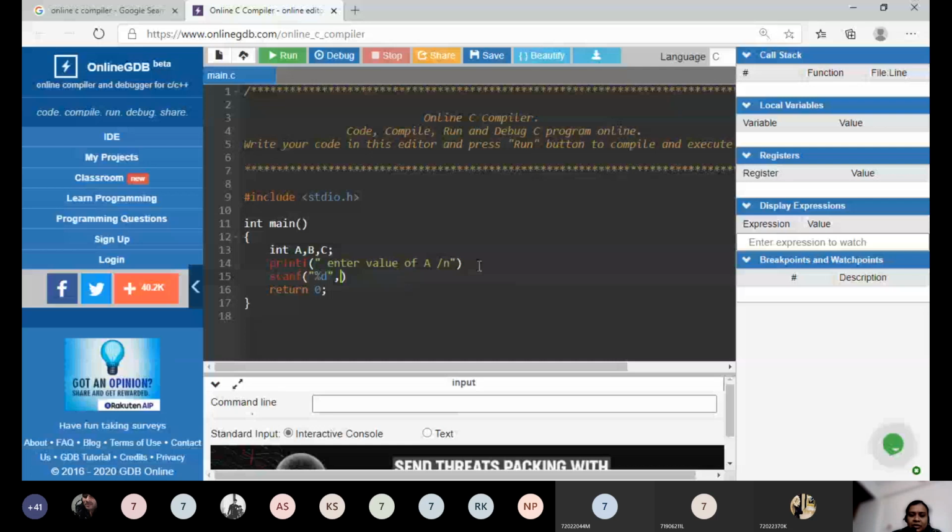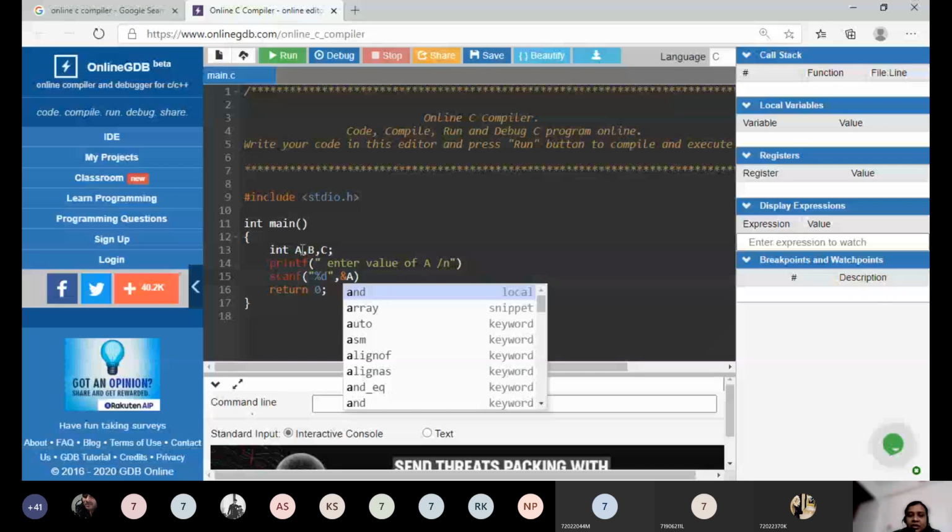कहाँ पे रखना है value? In this integer a I have to keep it, so I need to give the address of a. The address of a is given by the ampersand symbol. When you use this ampersand symbol with the variable name, it specifies the address of that variable. So this ampersand also acts as an operator. When it is in front of your variable, it acts as an operator to give the address. Okay,